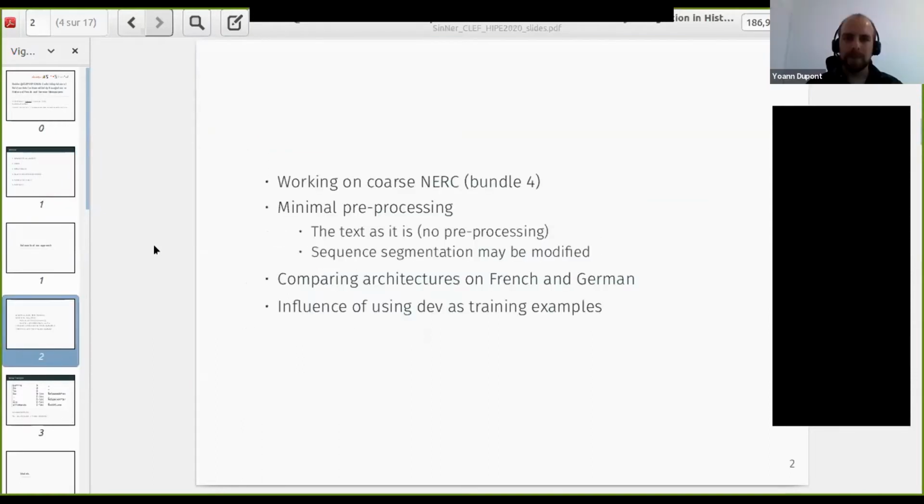Okay, so we worked on coarse grain named entity recognition and classification, mainly because it was our main interest of study. We have the most experience in that, and our rationale is to really minimize pre-processing.